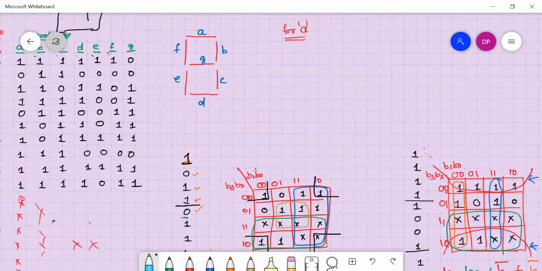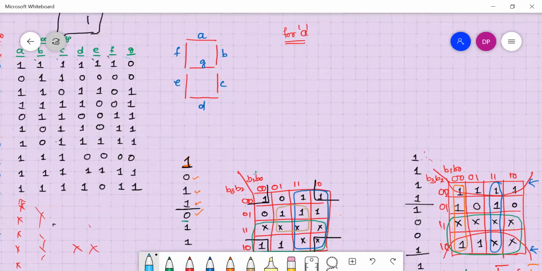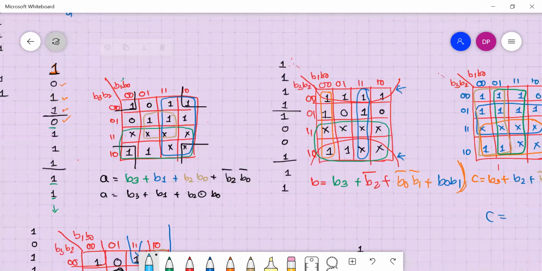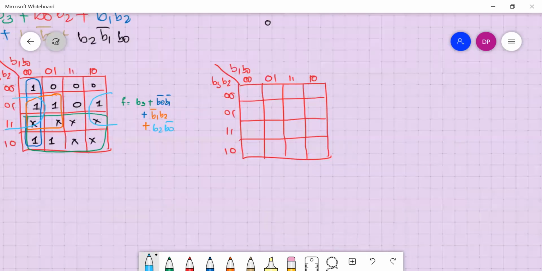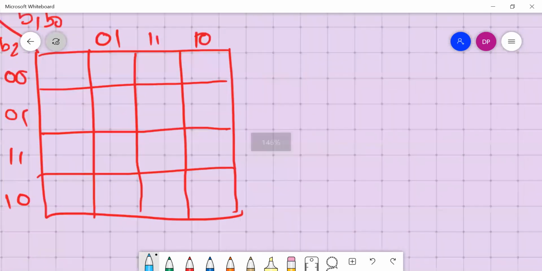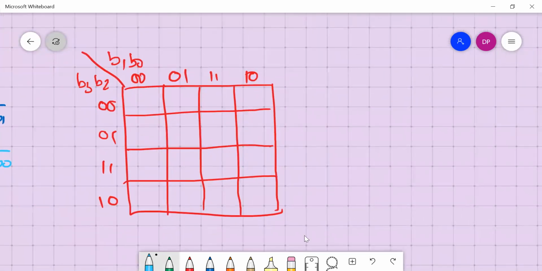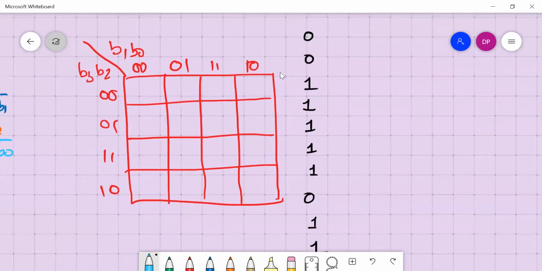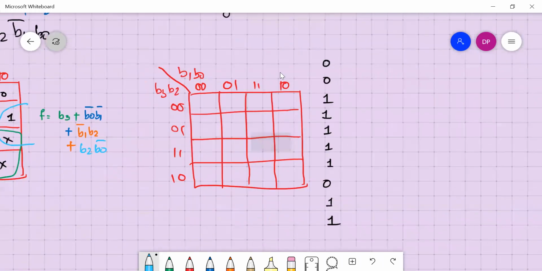Let me copy this, and let's move to our last K-map. Right, it's visible.